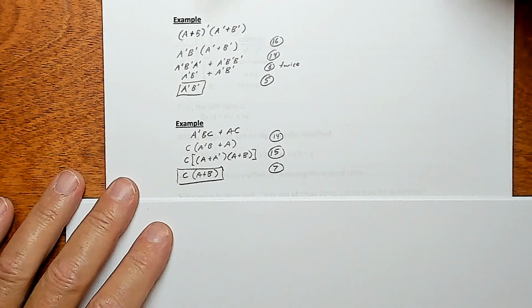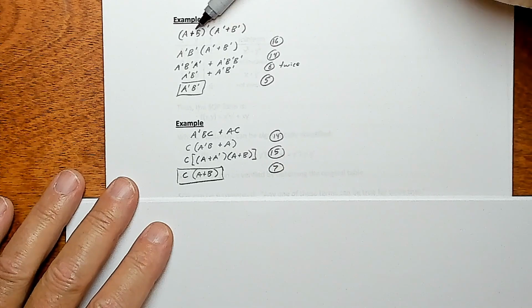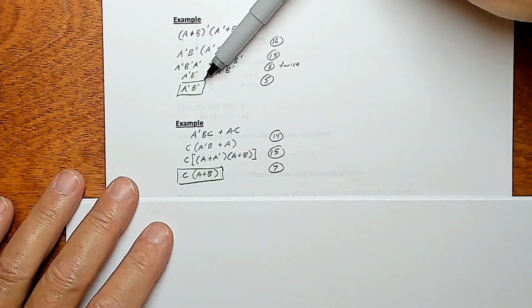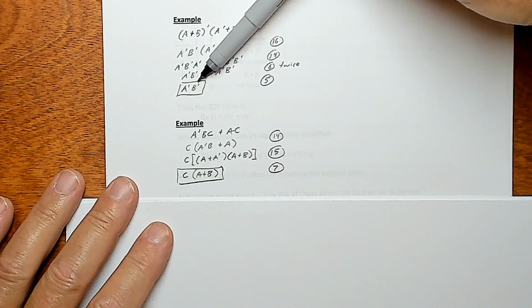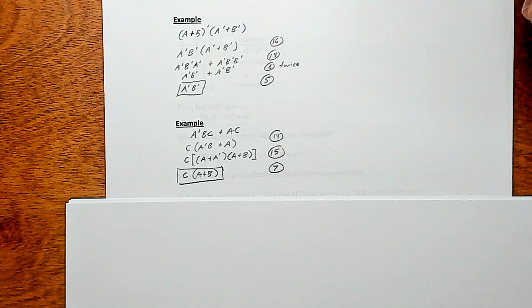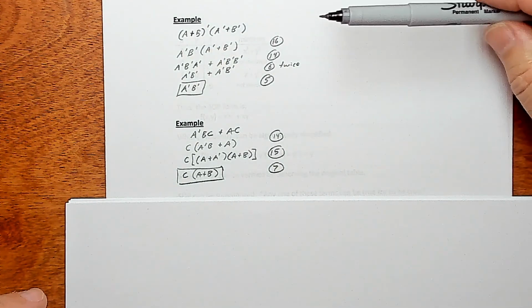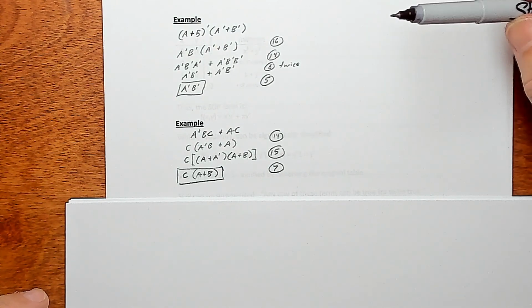But basically here we've got a bunch of gates, 1, 2, 3 NOT gates, 2 OR gates, and an AND gate, and we can get that down to 3 gates. So, that's the idea with Boolean algebra used to simplify